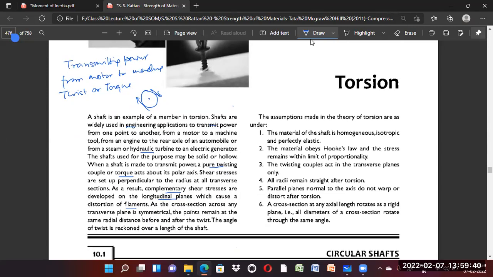As the cross-section about the transverse plane is symmetrical, the points remain at the same radial distance before and after the twist. The angle of twist is recorded over a length of the shaft. So shear stresses are created due to the torque on the longitudinal planes, which cause distortion of the filaments. Now, shear stress created on the longitudinal planes means